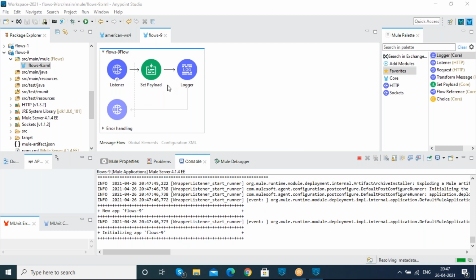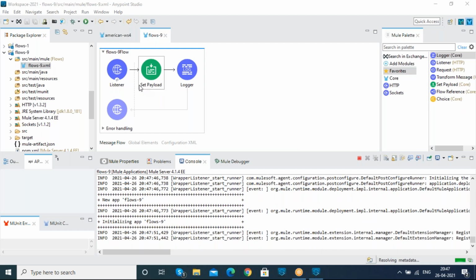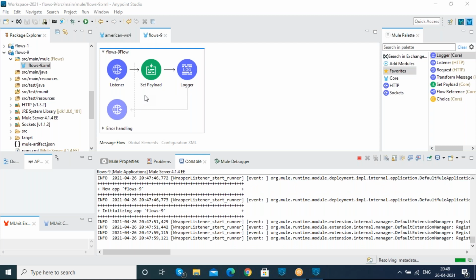Since we are using the source message and message processor in the same flow, that means we will be able to request from the same flow and get the response from the same flow. Then we are able to call it a main flow. And till now, whatever flows we had developed were the main flows itself.